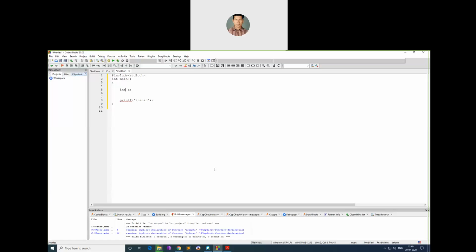Okay. The answer is, sometimes other than ASCII values, there are some other keys like end of file and other values which will not be able to be stored in a character. So that's why sometimes if the programs are not working properly with characters, we define them as integers and we read characters. That is the answer. Okay, I'll show you how it works.